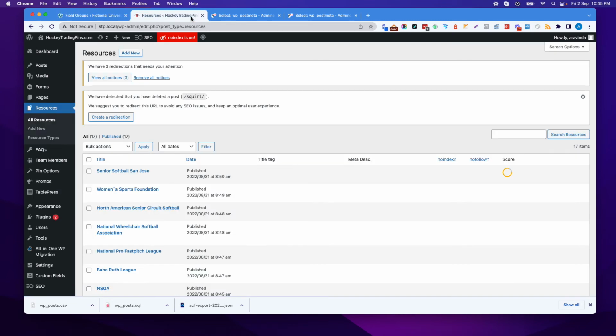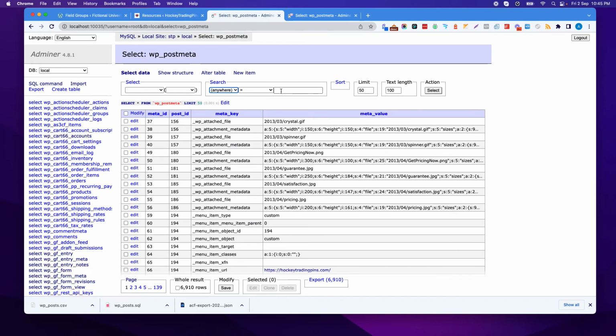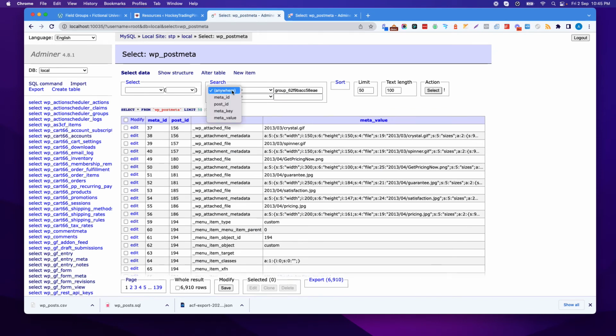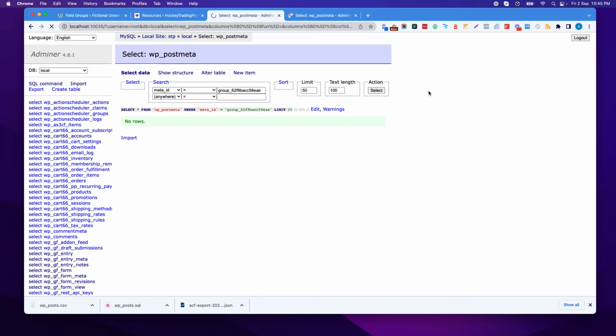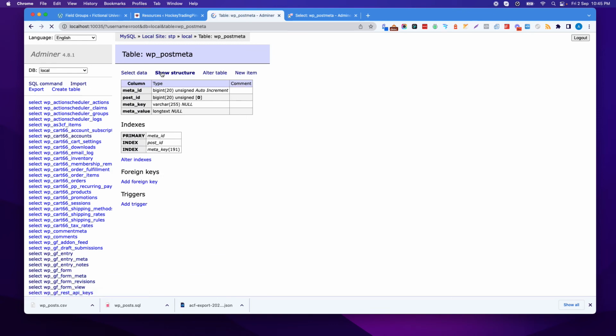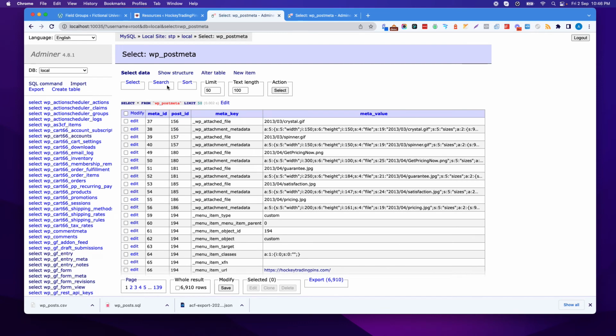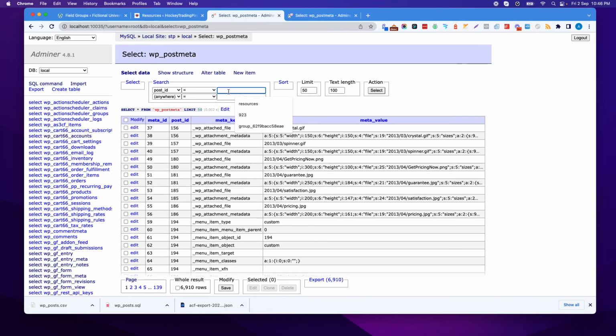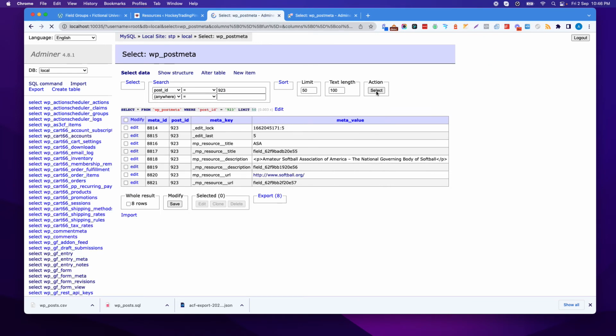Post ID 923. So we have a meta ID, we have a meta key, and we have a meta value. But how can we